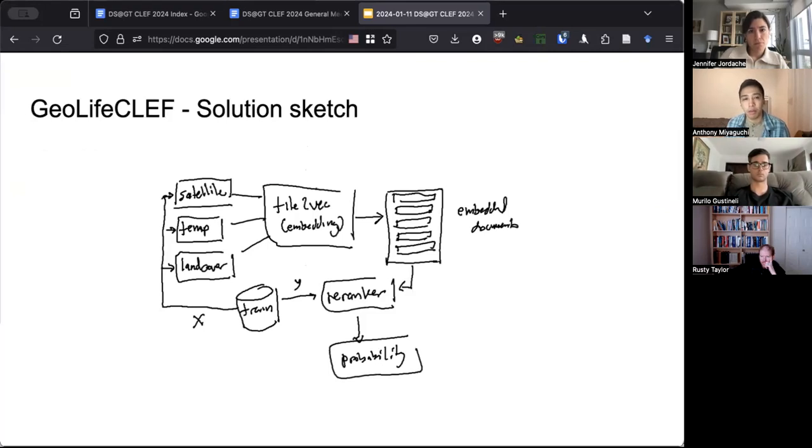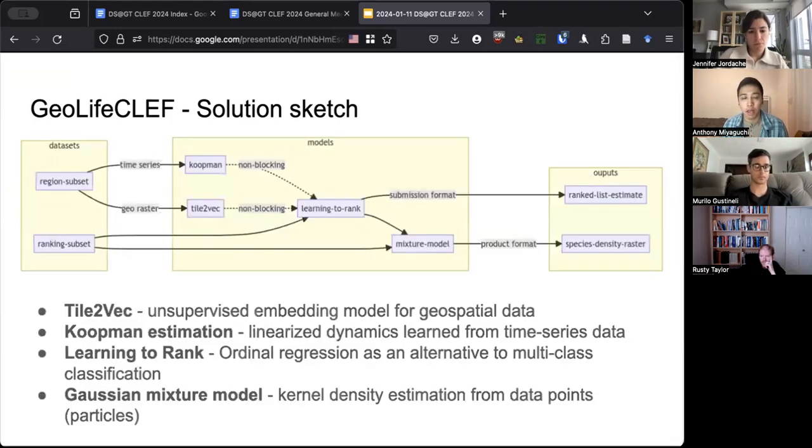When going through these problems, I mentioned solution sketches, and you'll hear solution sketches in the future. They could be a literal sketch, but really it's an approach to the problem. And so the approach to this problem is we're going to be using Tile2Vec, which is for unsupervised learning of the data, this Koopman estimation to learn linearized dynamics from the time series, learning to rank for this ordinal regression,